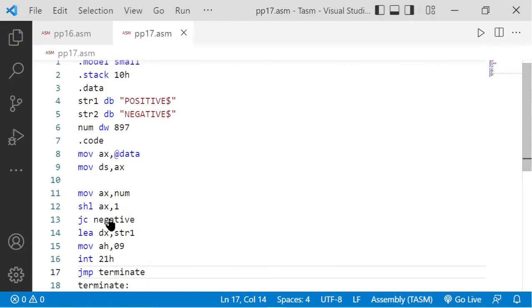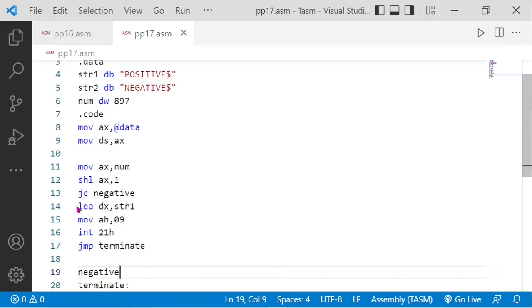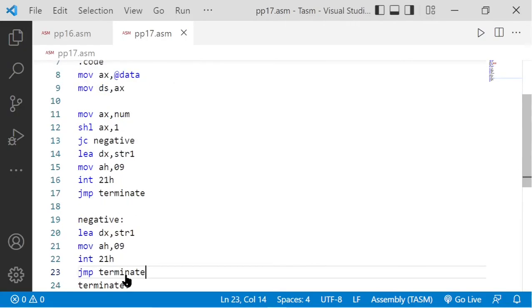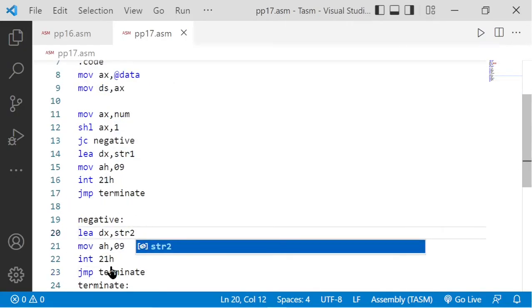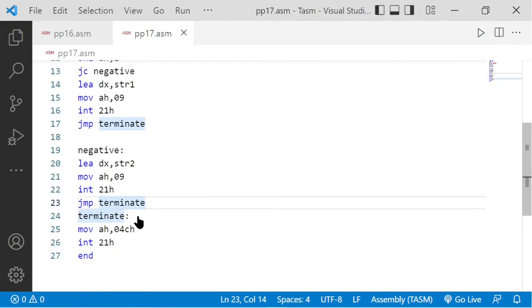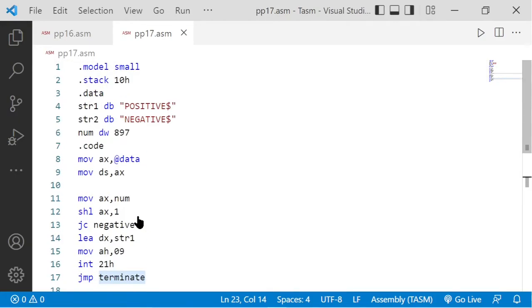But if the number is negative, then we have to write the code. So if the number is negative, then also more or less the same thing we want to do with this change here. We'll be displaying string 2 and then we'll be terminating. Okay, so this is the program to check if the number is positive or negative